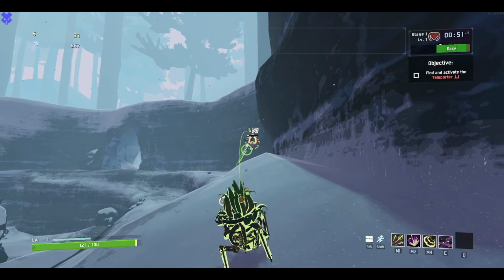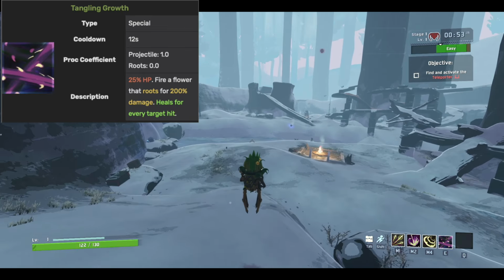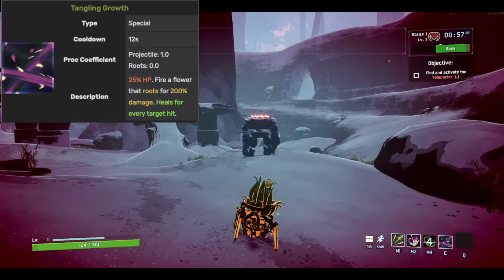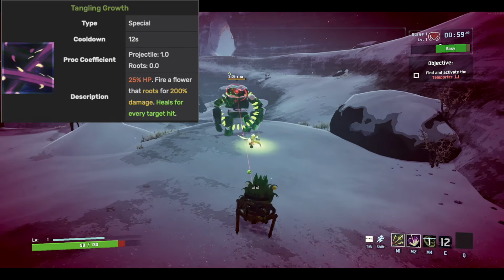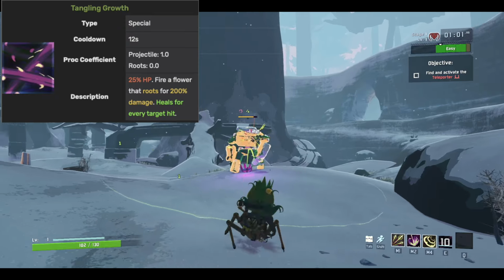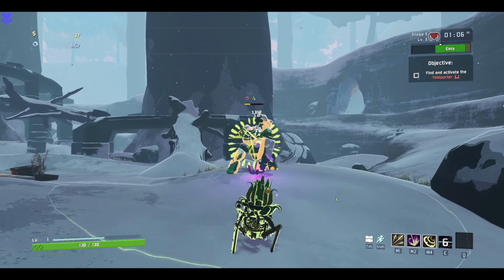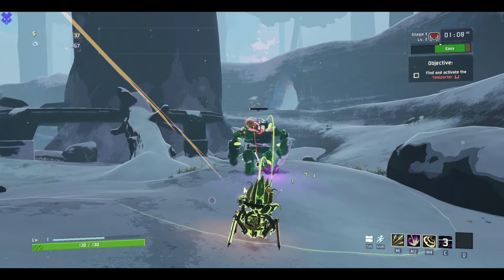Coming in at numero cuatro, we have the Busted Root. Rex's purple special ability, the Tangling Growth, fires a flower that roots enemies for 200% damage and also heals for every target hit at the cost of 25% of your current HP. This bad boy is more valuable to Rex's kit than the last dandelion of the season because